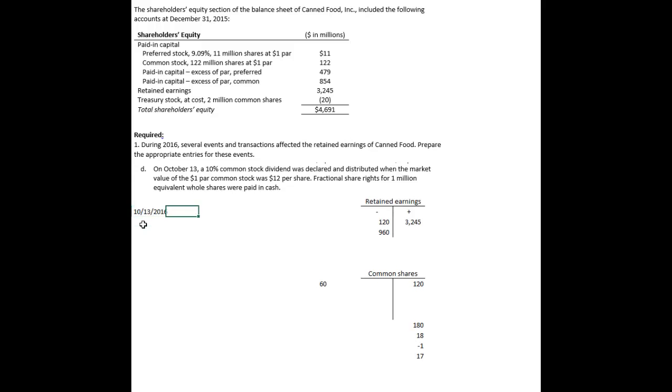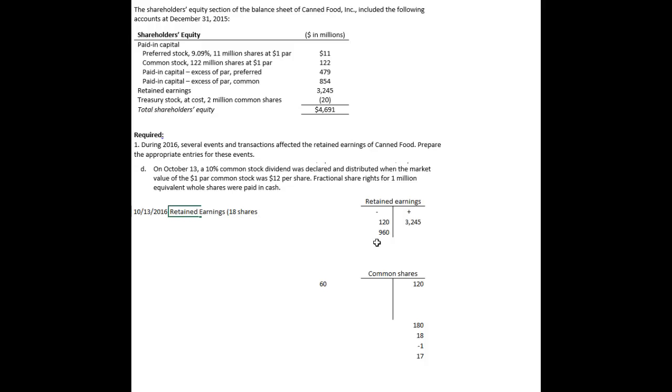There's kind of a lot going on there, so you might want to just sit back and go back through that a couple of times. But once you understand that, it's fairly straightforward, because we know over and over that a dividend is a distribution of retained earnings, and I've kept the prior 2 transactions that affected retained earnings. And I'm just going to add to it now this transaction that's going to reduce retained earnings in the amount of 18 million shares